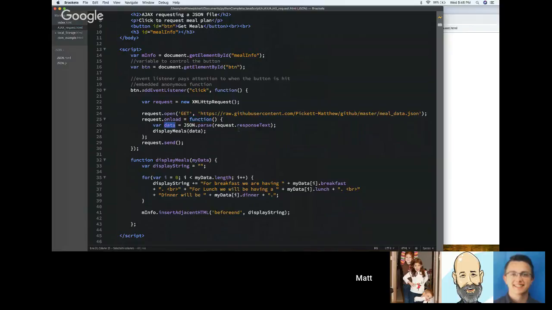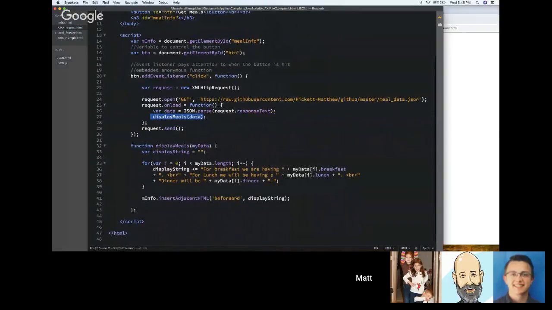All that data gets loaded into this response text, which is a built-in variable for the whole Ajax request model. All of that gets loaded up into my data variable. Then I have another function call, because I just wanted to separate it into a different display function. So I'm passing this data into my display function,